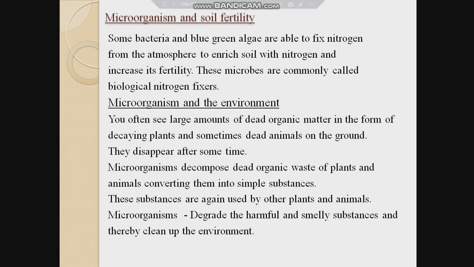When microorganisms decompose organic matter, they break down plant and animal tissue into simple substances, which are restored to the soil. Thus, the nutrients that were taken from the soil by plants and animals are restored and are used again by living organisms. Some bacteria decompose sewage and other waste in water. This is nature's method of keeping